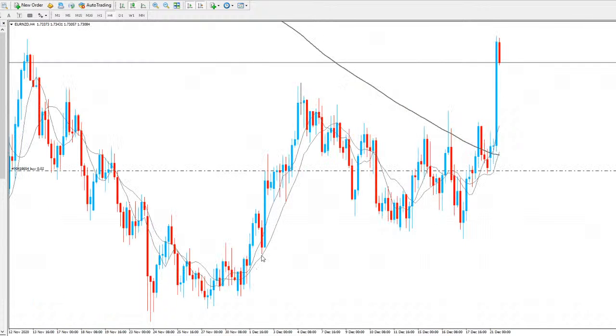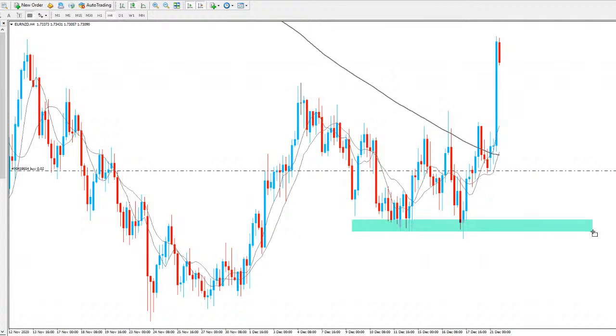And Euro NZD as well is another trade that I actually got into towards the end of last week as well, looking for a move to the upside. On the Friday chart, I got in that candle there. You can see we had this double bottom potentially here that I was looking at.